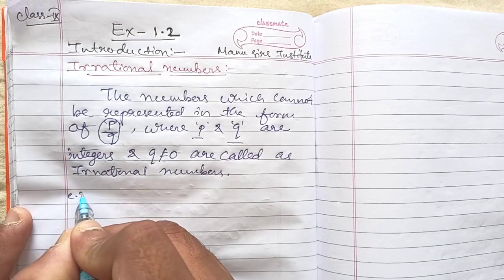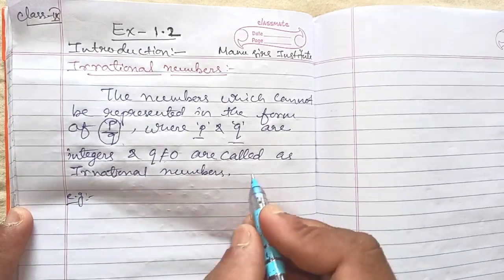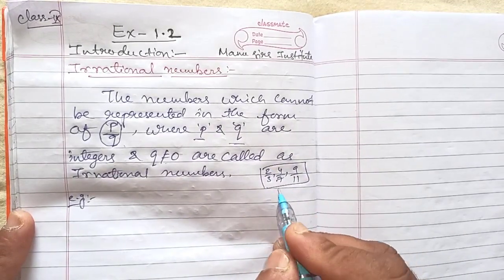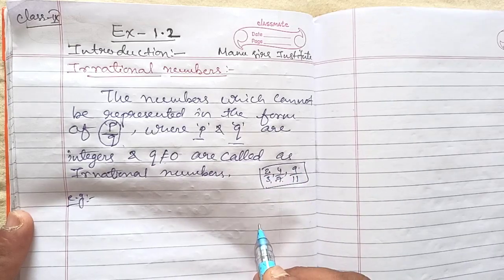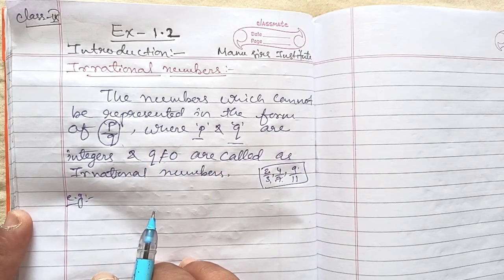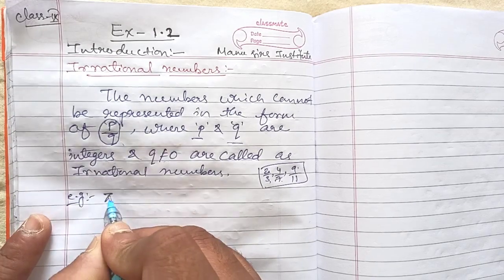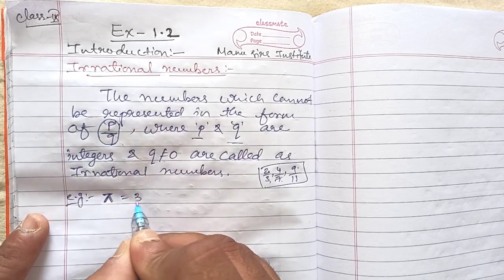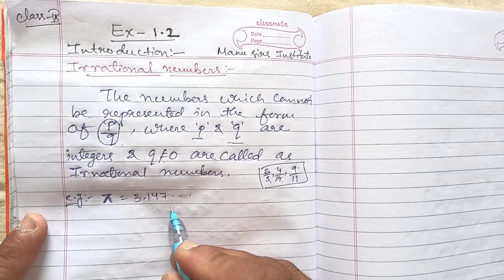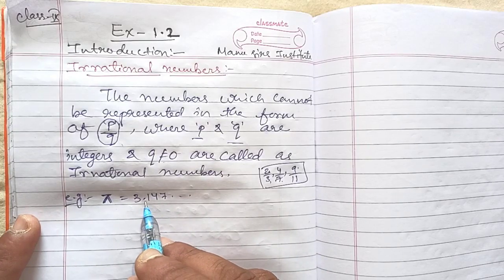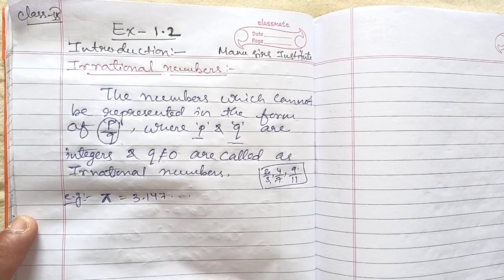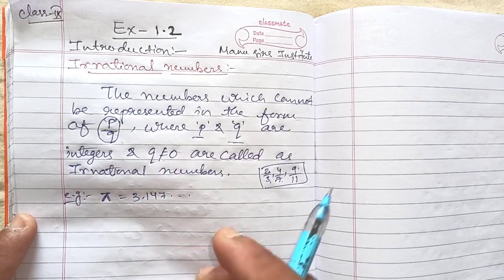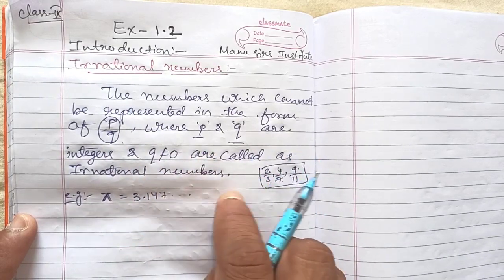Okay, we will see the example. We have seen what rational numbers are. Rational numbers are 2 by 3, 4 by 7, 9 by 11. These are called rational numbers because they are represented in the form of p by q. But irrational numbers we are not able to represent in the form of p by q. Suppose I take the value of pi. The value of pi is 22 by 7. When we divide, we get 3.147 dotted, meaning it is endless. When we divide 22 by 7, we won't get 0 in the remainder. That's why it is called an irrational number. There is no fixed value for them which we can write in decimal form.